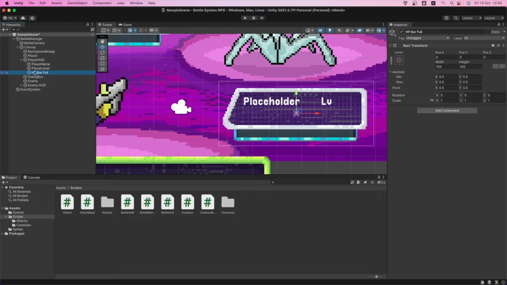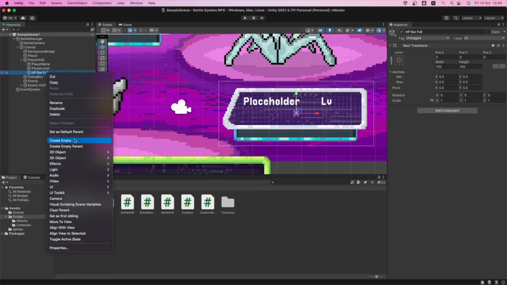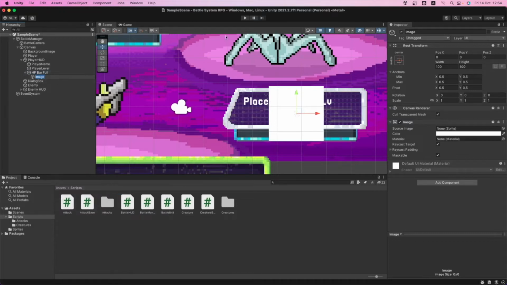Okay, great. So after that, inside this, as I told you, let's go into UI. Let's add 3 images. So let's duplicate this. 1, 3. Okay, so let's name these ones. The first one is gonna be named health bar.